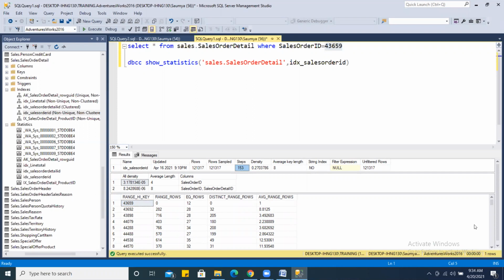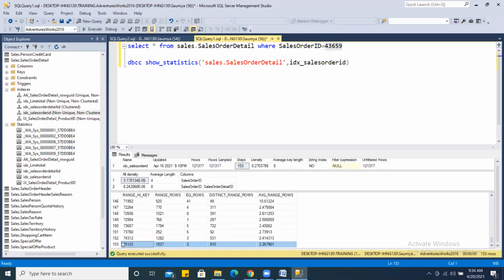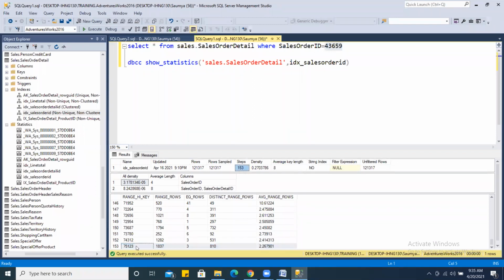So you see here in the output how many rows are here. If you go down, 153 rows are here. This represents the number of steps. That is what you see here, number of steps, 153. Density, I'm not going to talk about these things, let it go.